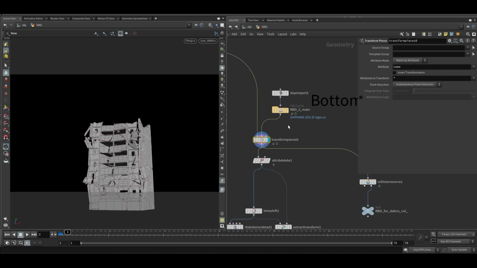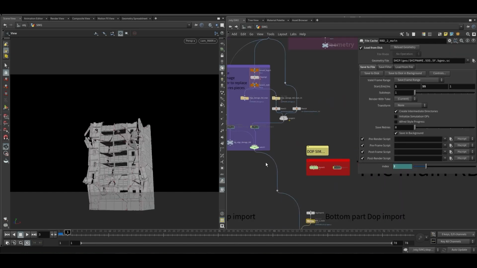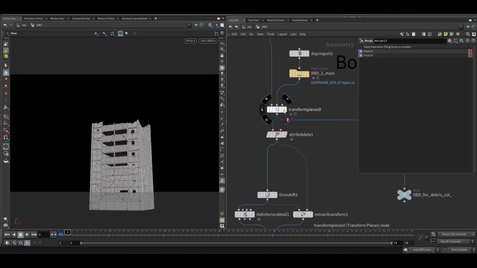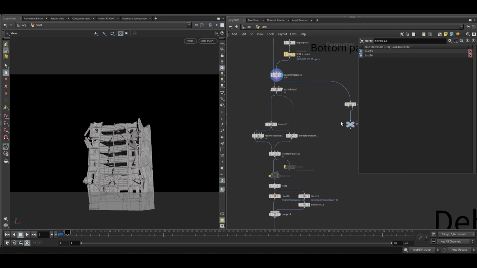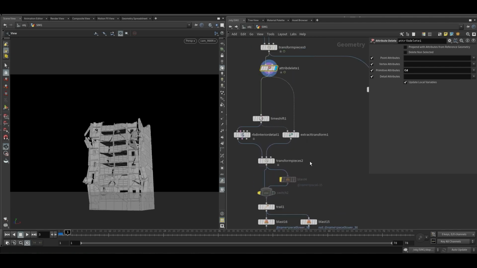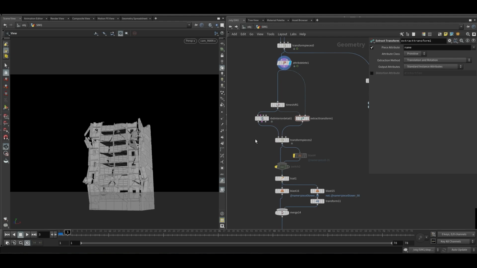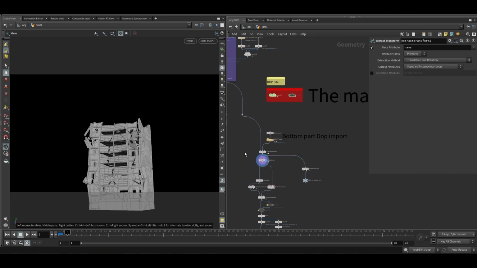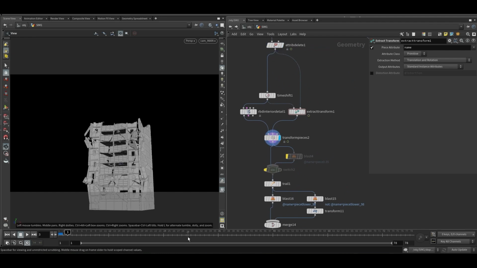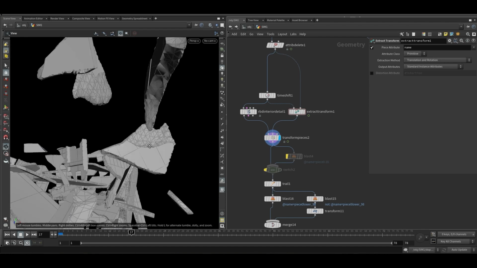In the transform pieces, we have the points, and I'm getting the pieces from this part. I'm getting the high res pieces from this switch, and I'm transforming the pieces. We are deleting the color attribute. And in this part, I am adding those small interior details which we haven't done earlier. We are doing it post sim. So if I visualize this in a frame where the pieces are mostly in the air, as you can see here,